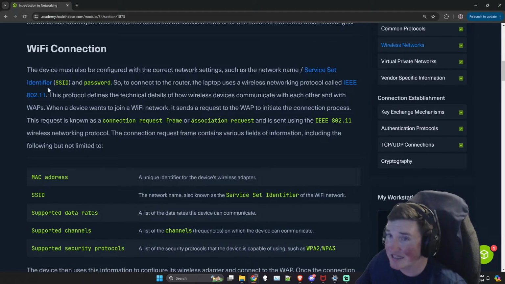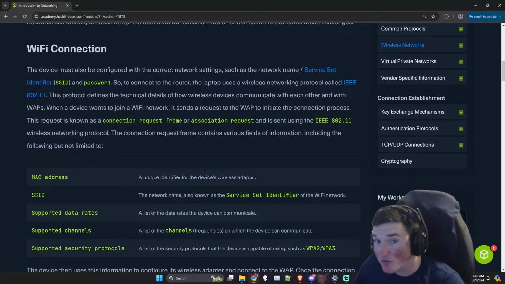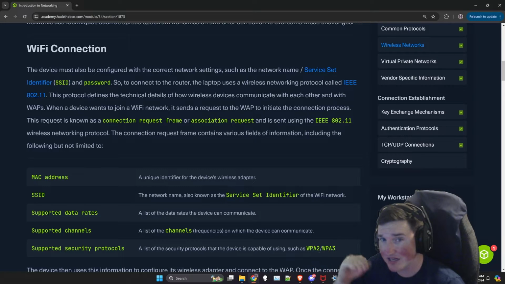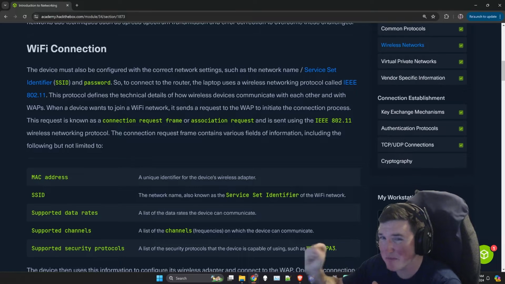You have your SSID. That's the name. You have your password. I'm sure you guys are all familiar with this, but you don't realize how it relates to networking, because the underlying principles are the same. Once you're connected to that wireless access point, it just connects to a cable, right? The same thing as a regular connection. You're just extending that connection wirelessly a little bit.